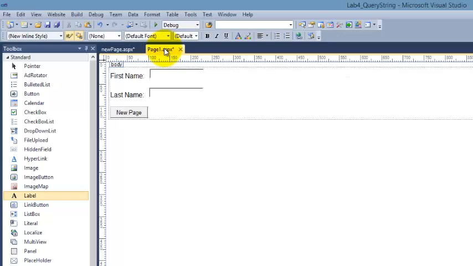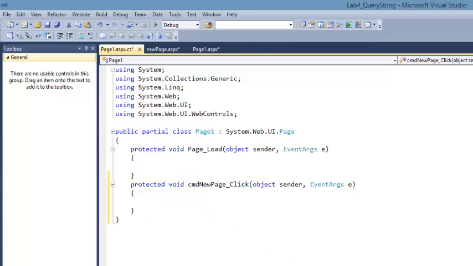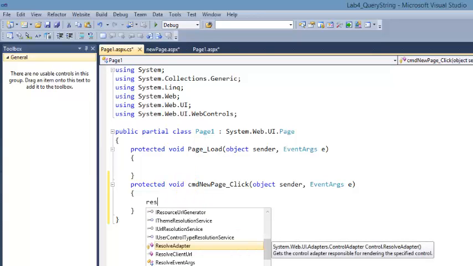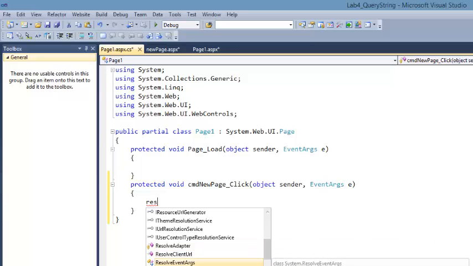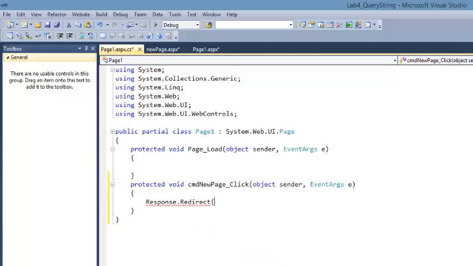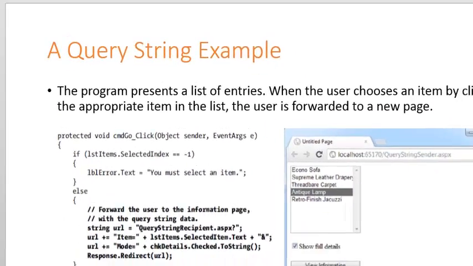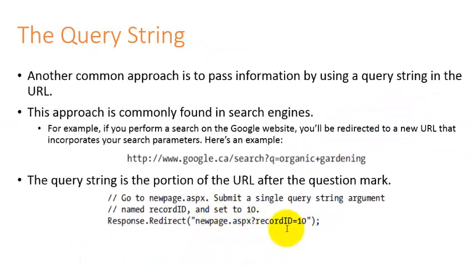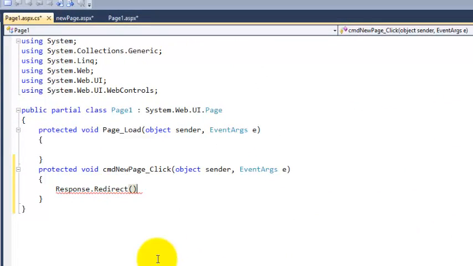Now in page 1 we need to redirect the user to a new page. Because of that I will use Response.Redirect, as we can find here, to where? To the new page. So everything will be inside double quotation marks. Now the page that I want to transfer the user to is called newpage.aspx. Then I will add a question mark